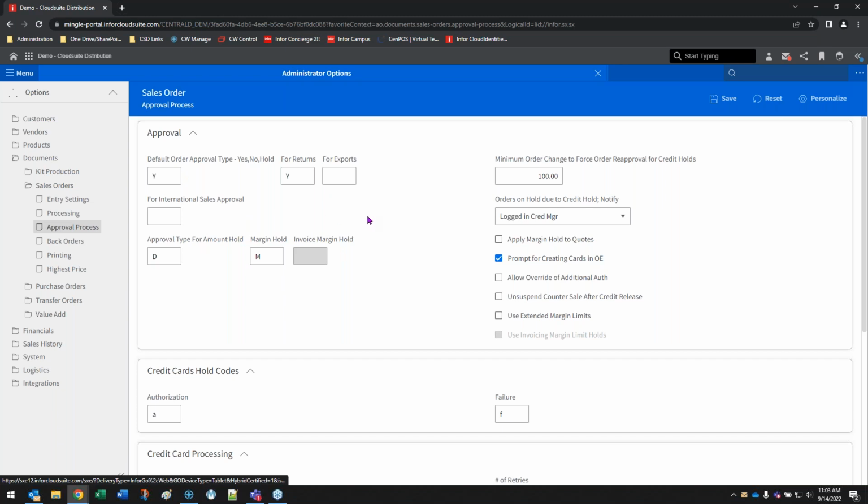of CSD and SXE. These are not CSD specific if you're on an older version, although the operational hold code functionality is. It wasn't released until I believe it was November 2020. So if you're on an older version of SXE and watching this, something to look forward to when you come to cloud. But in any case, we have a few settings here where we can set what codes we want